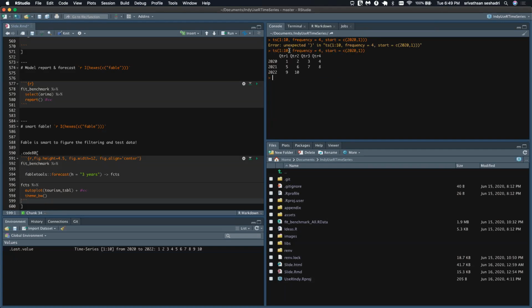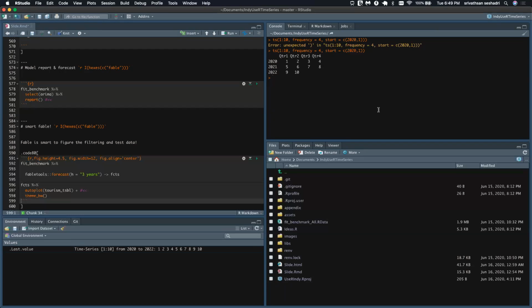So here I have supplied some random data, 1 to 10, right? And I said my data is collected at a beat rate of 4, that is, every 3 months, with a start year of 2020, starting in the first quarter.